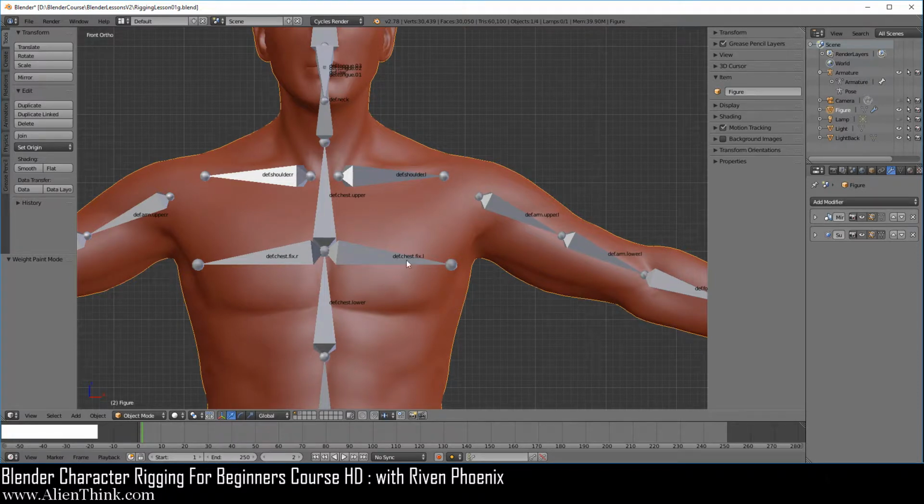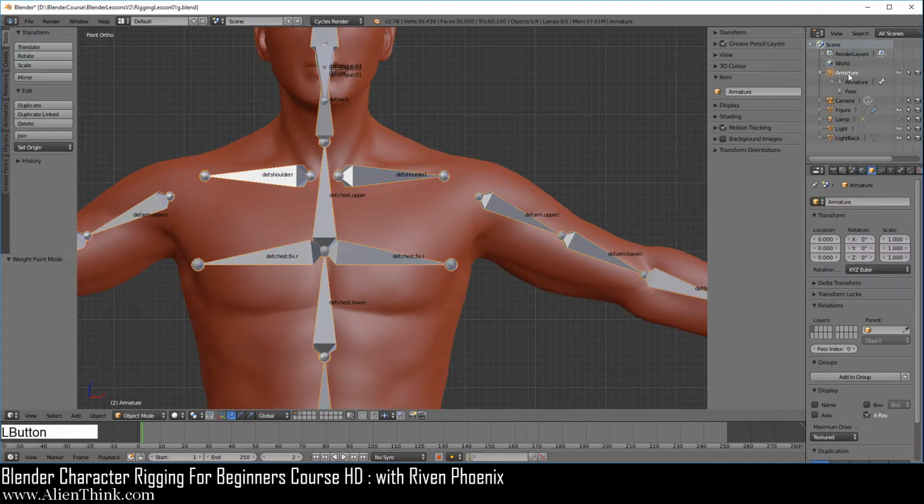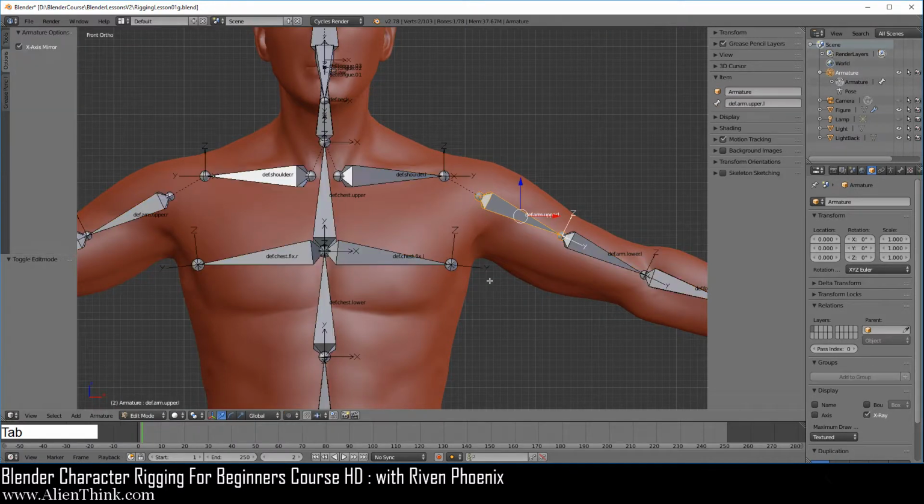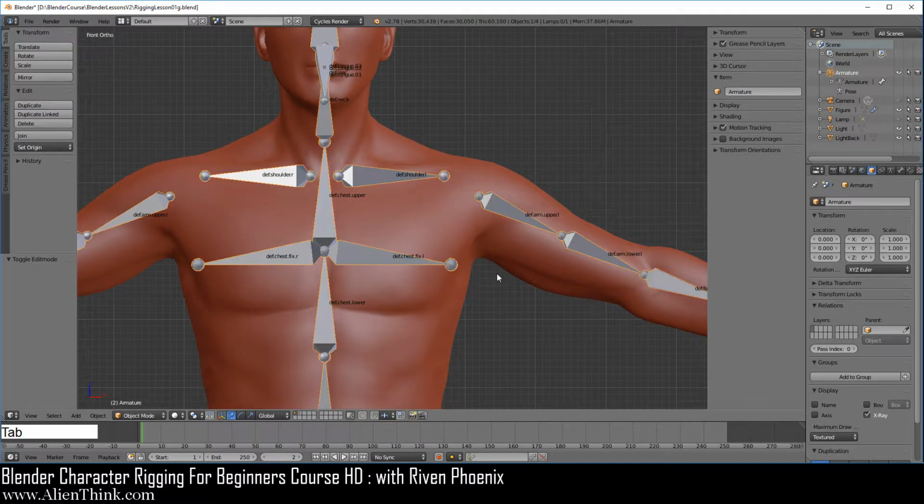I advise you to spend a little bit of time with this concept so you can get used to this idea. Now let's take a look at this armature over here. So when it comes to the armature, it basically works in the same way, but because it only has 3 modes, it's a lot simpler to understand. Of course, if we press the Tab key, it's going to go into edit mode. And if you press the Tab key over here, it's going to go to object mode.